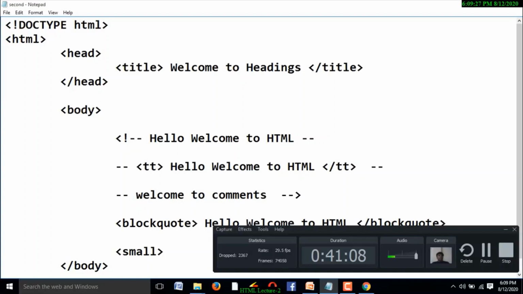And at the starting of the session I explained HTML is a case insensitive language. See, here head is mentioned in small case. I may write head in capital letters. This document may execute or not. See this?